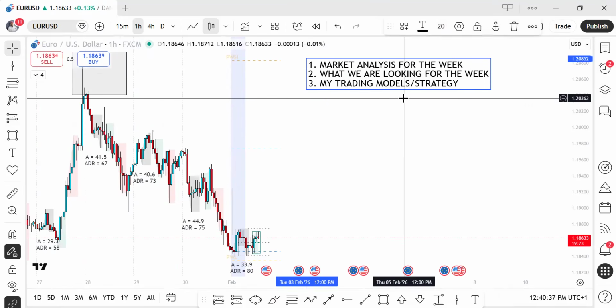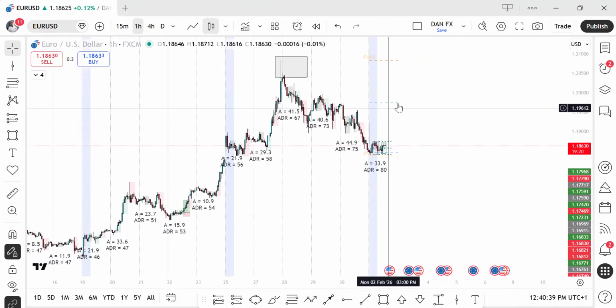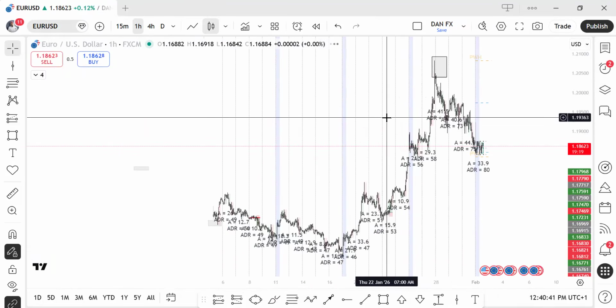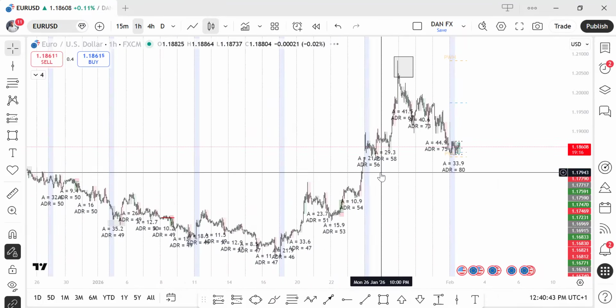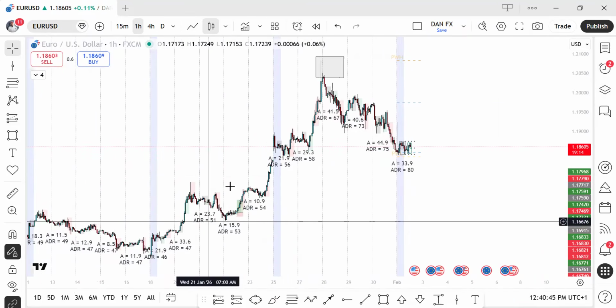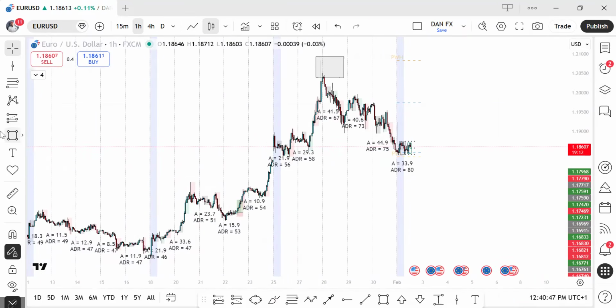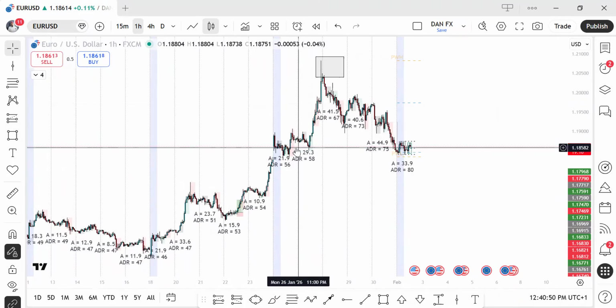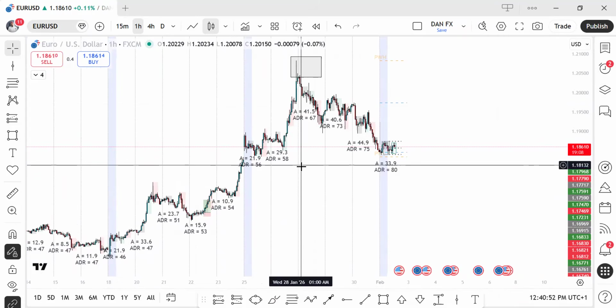So what exactly am I looking for on Euro USD for this week? Looking at Euro USD, we've been going up for about 2 weeks now. From 2 weeks ago, we went up, right? And we've been going up for more than 3 to 5 days, which if you know me, if you've been